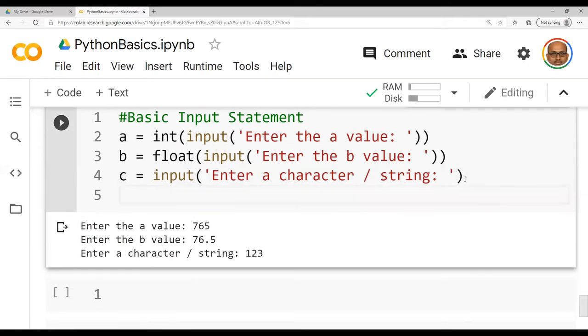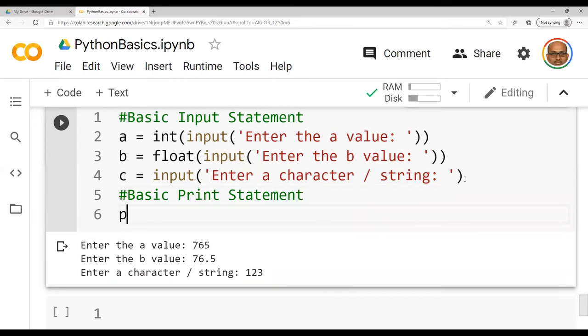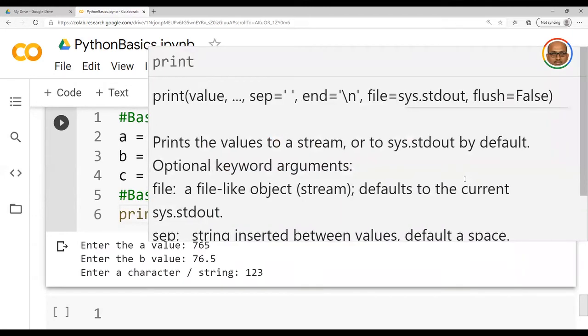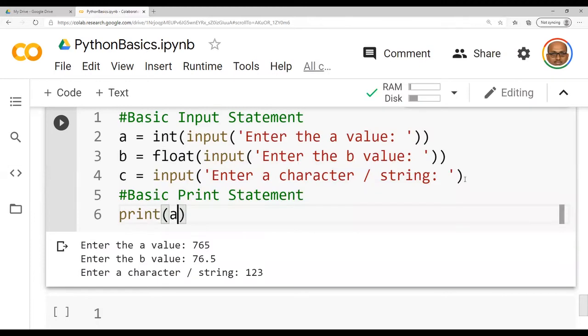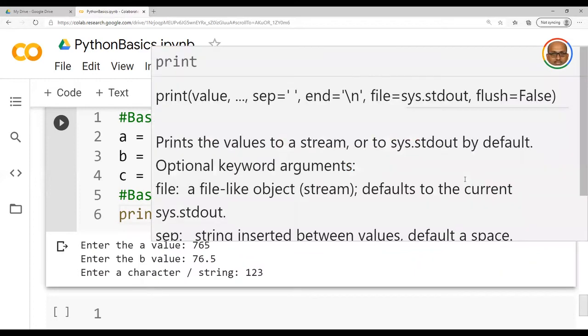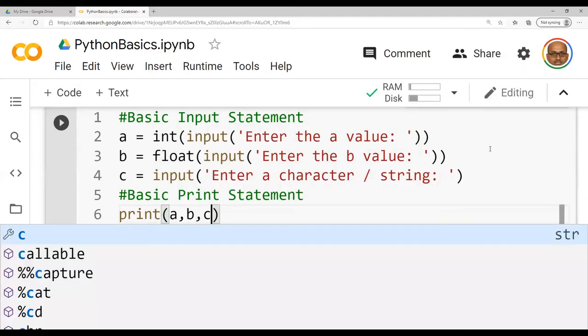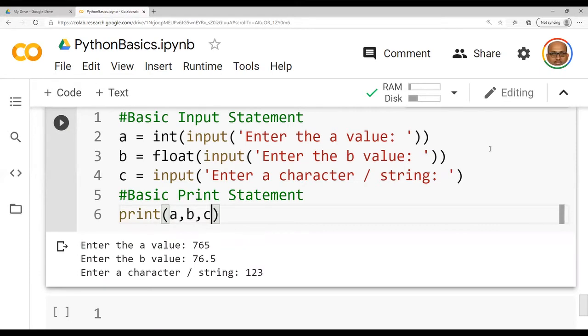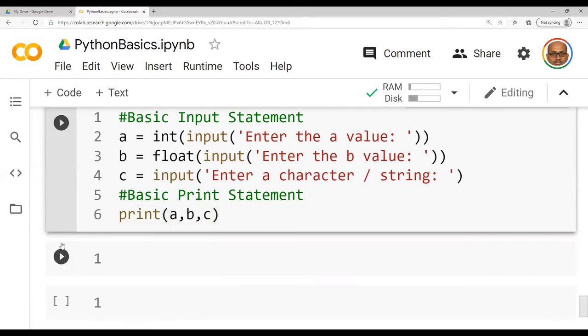Let me try to add here itself. Basic print statement. Print A, comma, B, comma, C. We have got 3 inputs and we are trying to print all the 3 values.